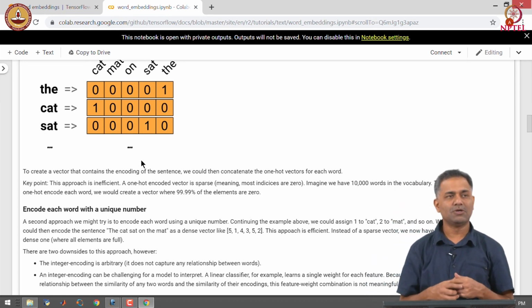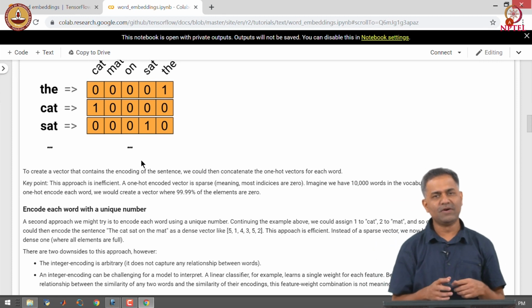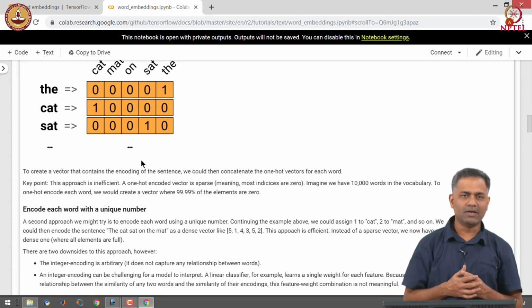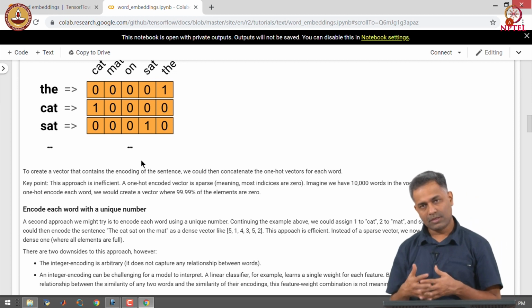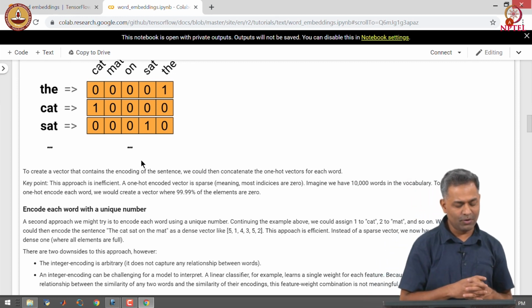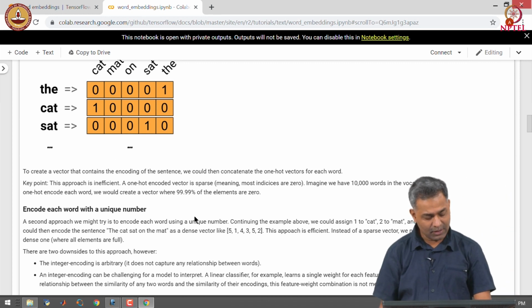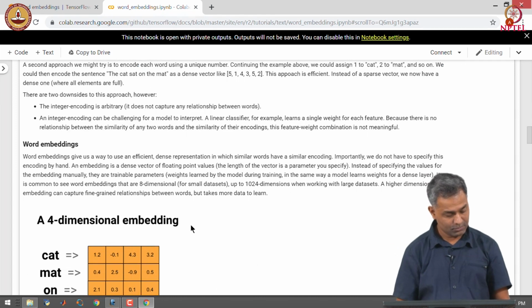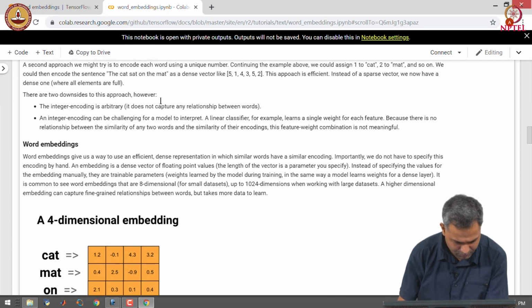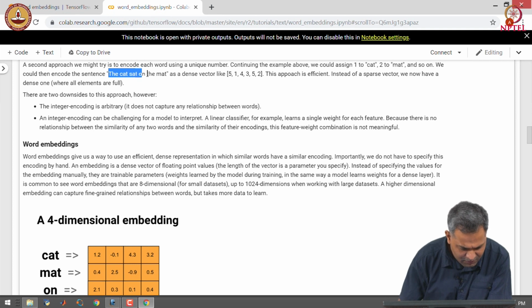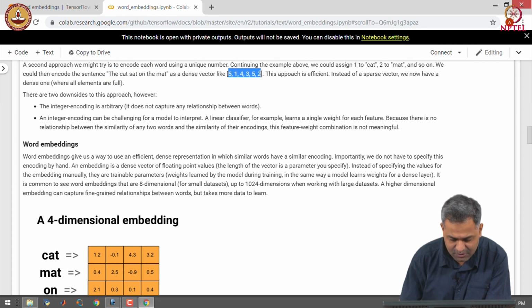The second approach of converting these words into numbers can be achieved through encoding of each word with a unique number. As soon as we get the vocabulary, we map each word to a unique integer. For example, for the sentence the cat sat on the mat, we can have a representation which is some numbers.